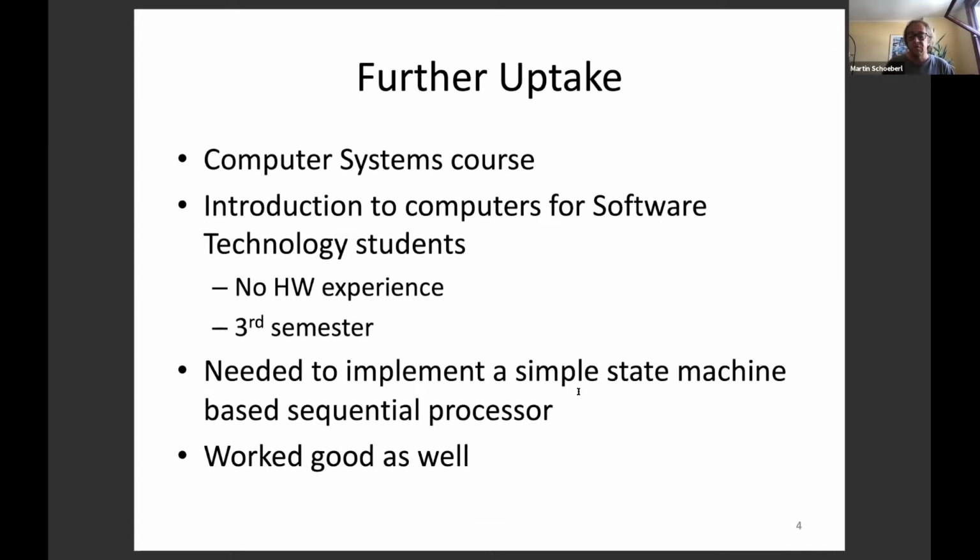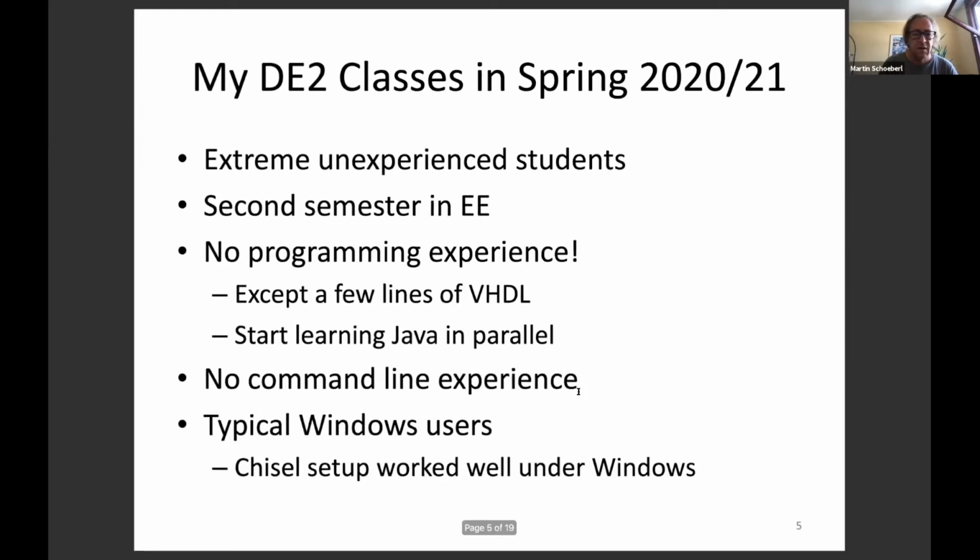And then they need to implement a small, tiny processor as a state machine with data paths. And then they switched to Chisel as well last semester. I'm not involved in this course at all. I got the report that it worked very well with Chisel. So we are now using it in 2 mandatory classes and in some advanced classes.